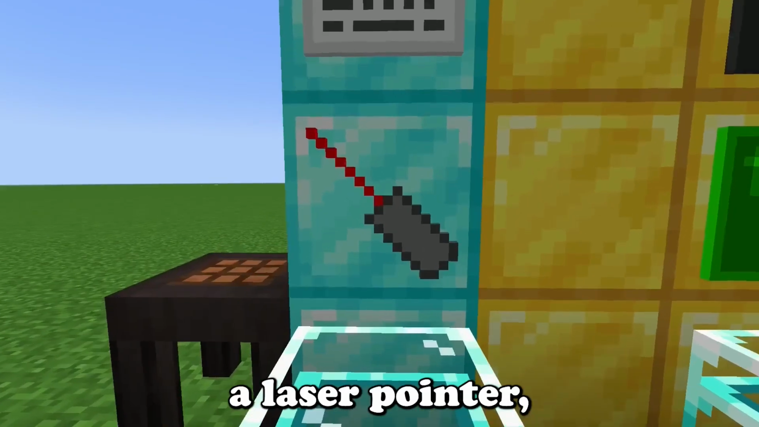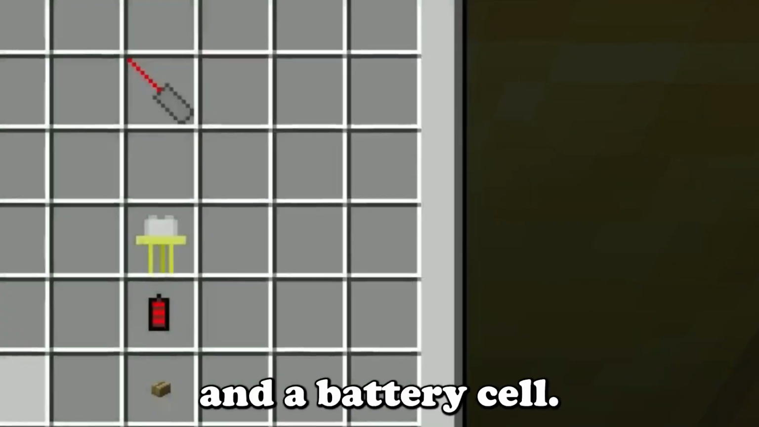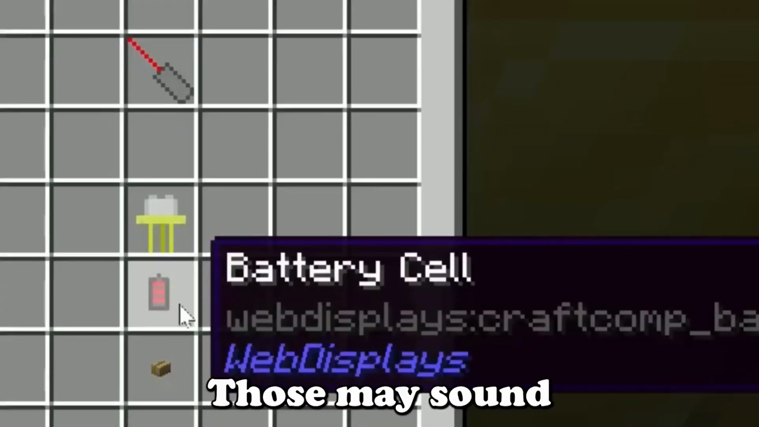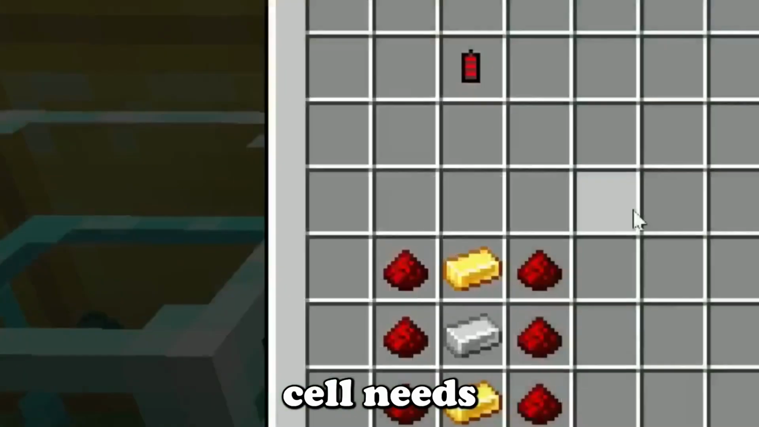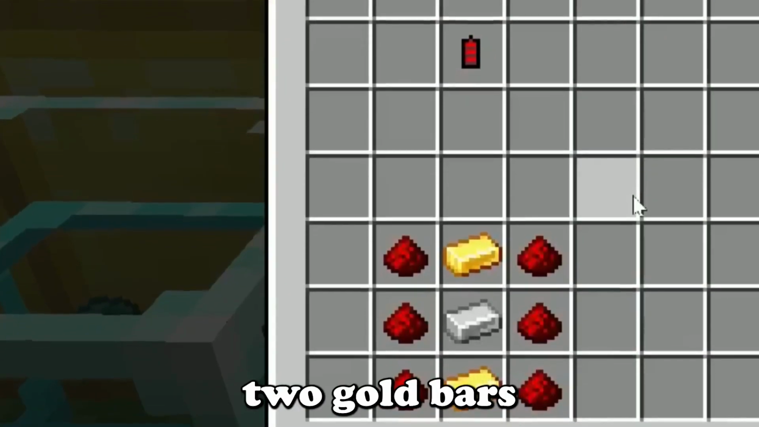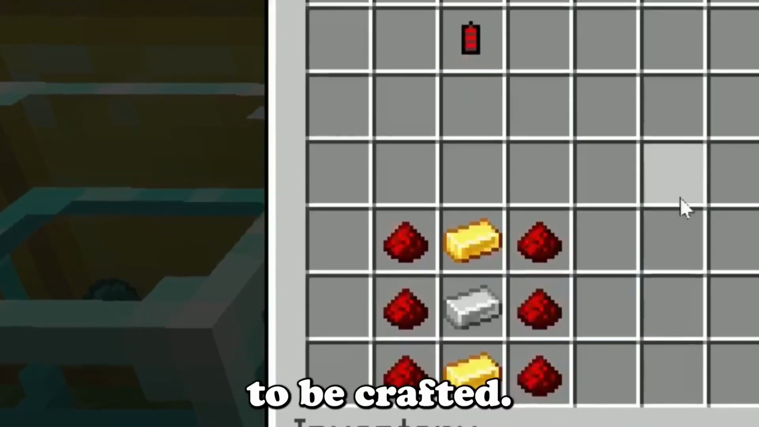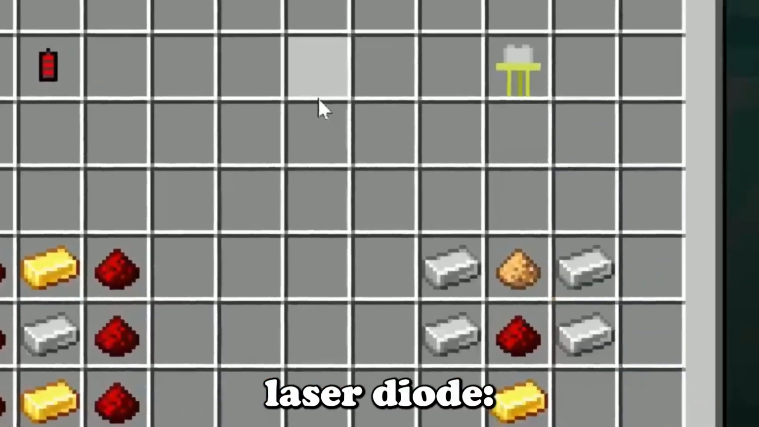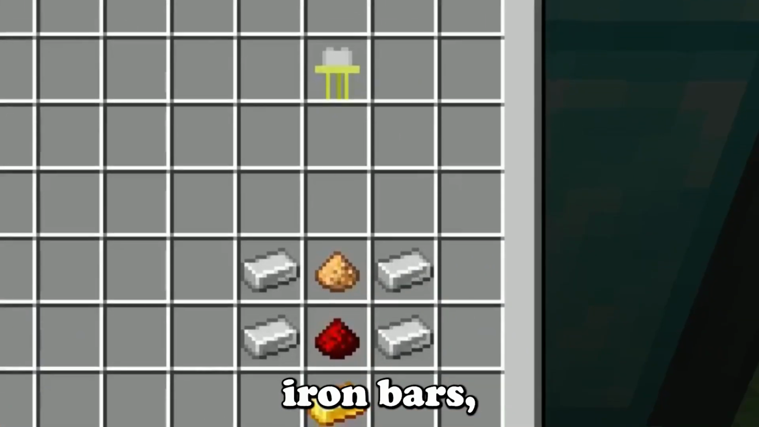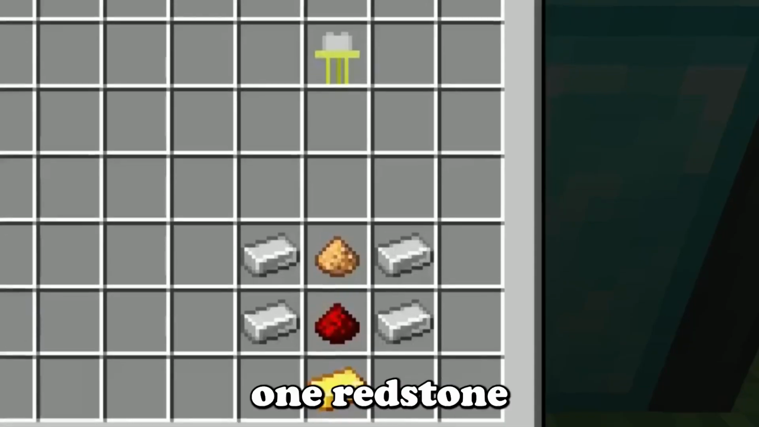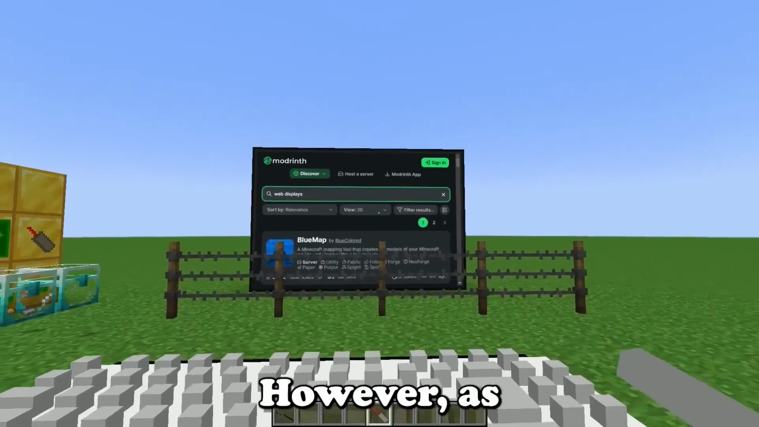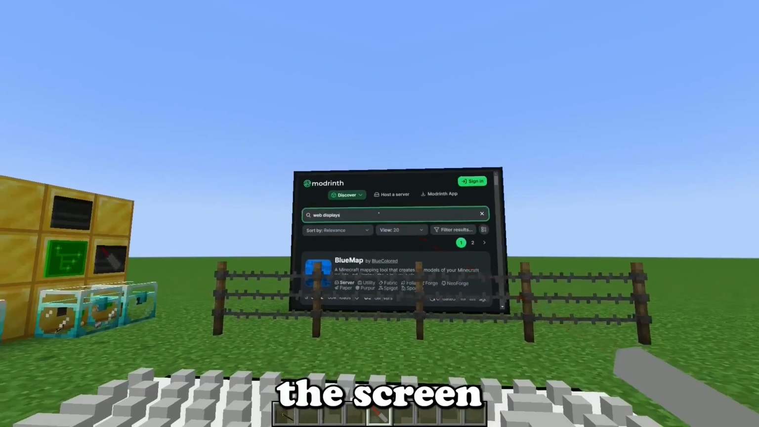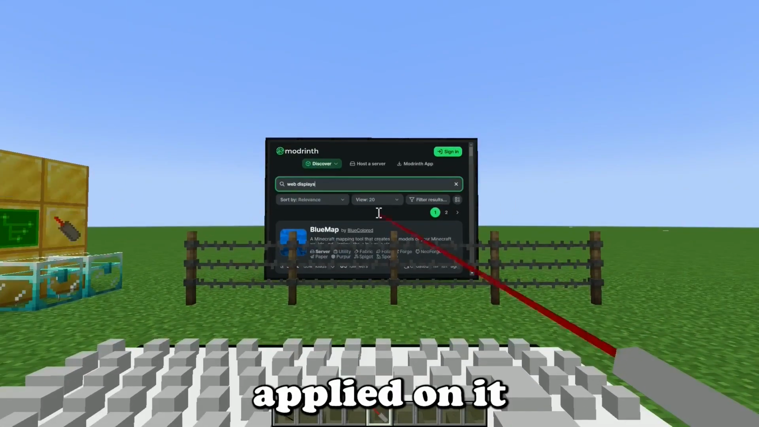To craft a laser pointer, you'll need a laser diode and a battery cell. Those may sound complex, but don't worry. The battery cell needs 6 redstone dusts, 2 gold bars, and 1 iron bar to be crafted. As for the laser diode, it needs 4 iron bars, 1 glowstone dust, 1 redstone dust, and 1 gold bar to be crafted. However, as I mentioned earlier, the screen needs to have an upgrade applied on it,